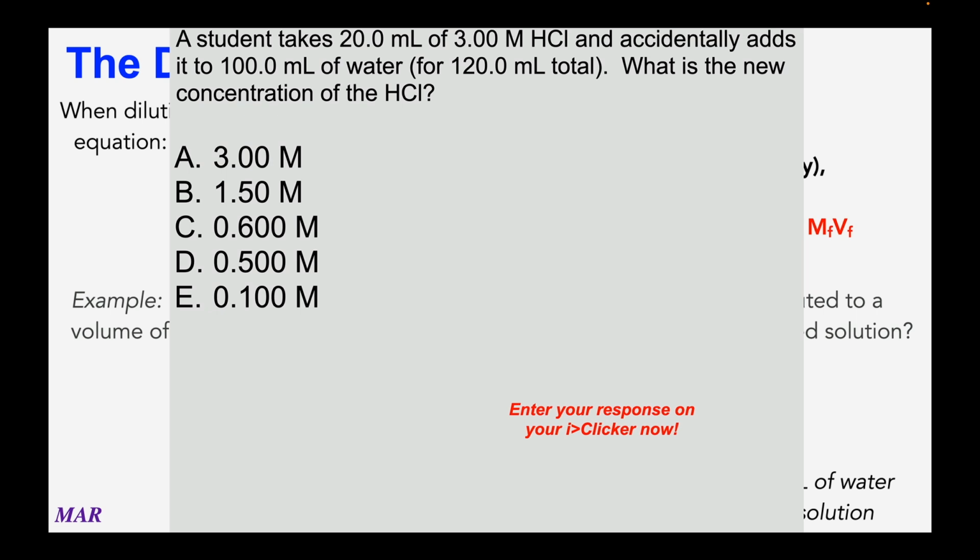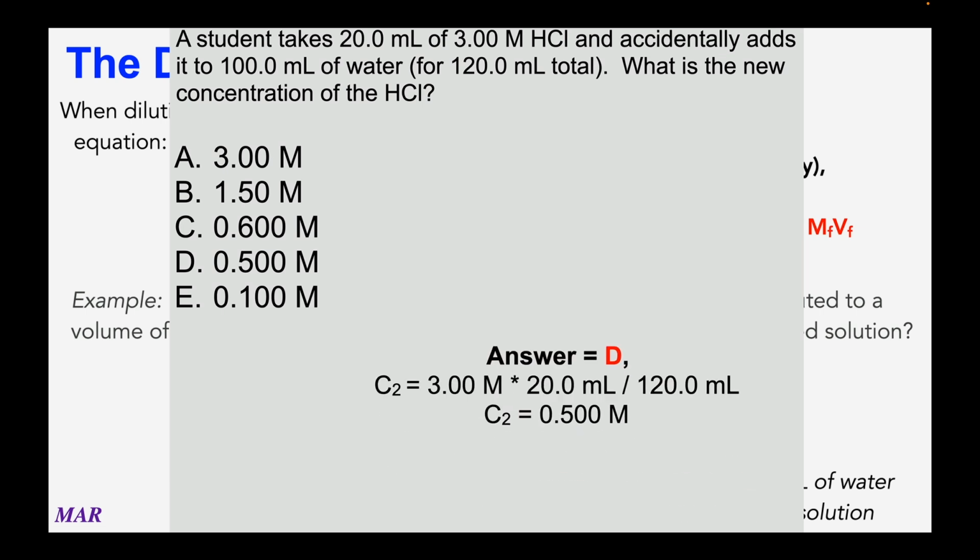So in this question, C1 is 3.00 molar. Now, you could convert all of the volumes to liters, but as long as the volume units are the same, you can keep them in milliliters. So I'm going to use V1 as 20.0 milliliters and V2, the total volume, 120 milliliters. So it's going to be 3.00 times 20 divided by 120. And if you do that, you should get 0.500 moles per liter, answer D. So again, as long as the volume units are the same, you can keep them in milliliters. You don't have to go to liters. There's nothing wrong with going to liters, but why not make it